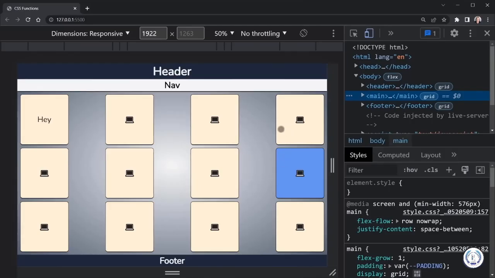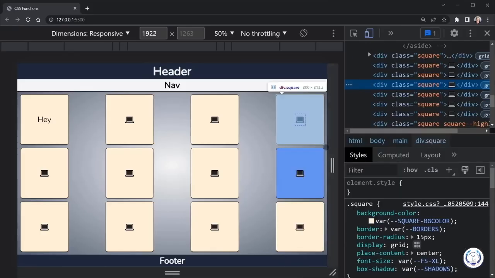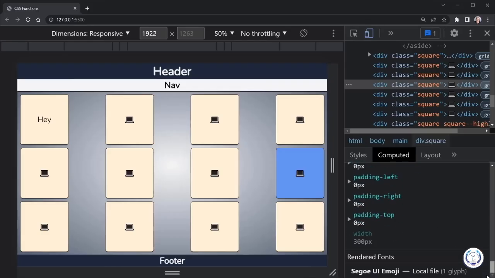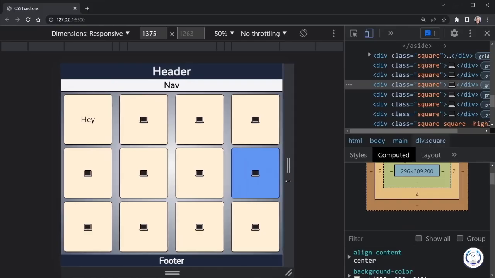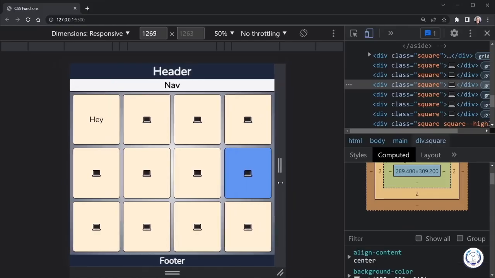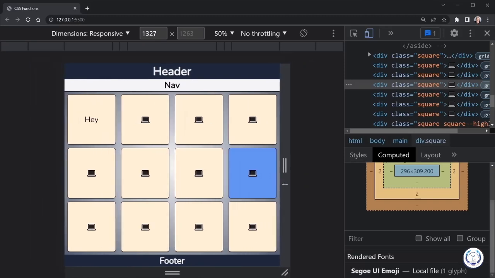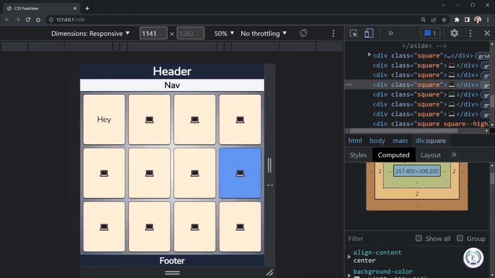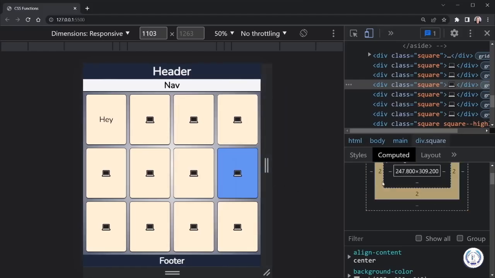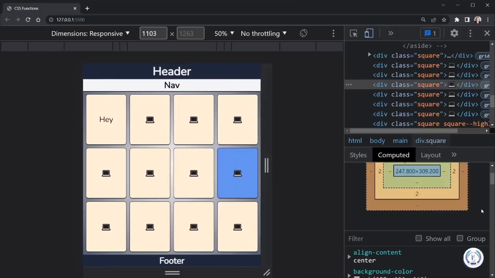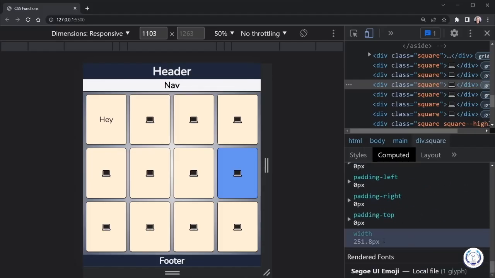Okay, now that we're here, I will select one item and inspect. So we've got a div square highlighted, and we can see it has a width of 300 pixels as I mouse over that, but we can also go to Computed, scroll down, and see that width as well. Now let's resize, and as we get in here to a size where the grid items themselves aren't changing right now, it's the space between the columns, but as we squeeze them in, now they're changing, and now we can see that width here is changing as well. So if we scroll down, it should be that same number. Well, it's close,